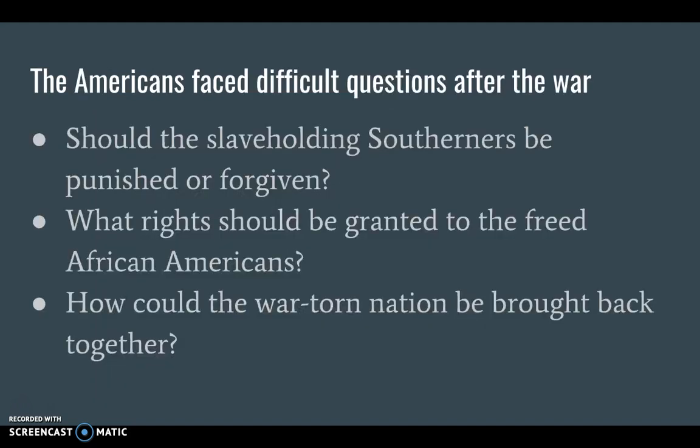The Americans faced many difficult questions after the war. 3 of the main questions were, should the slaveholding Southerners be punished or forgiven? What rights should be granted to the freed African Americans? And how could the war-torn nation be brought back together? These are some of the questions that we discussed yesterday in our small groups in social studies,